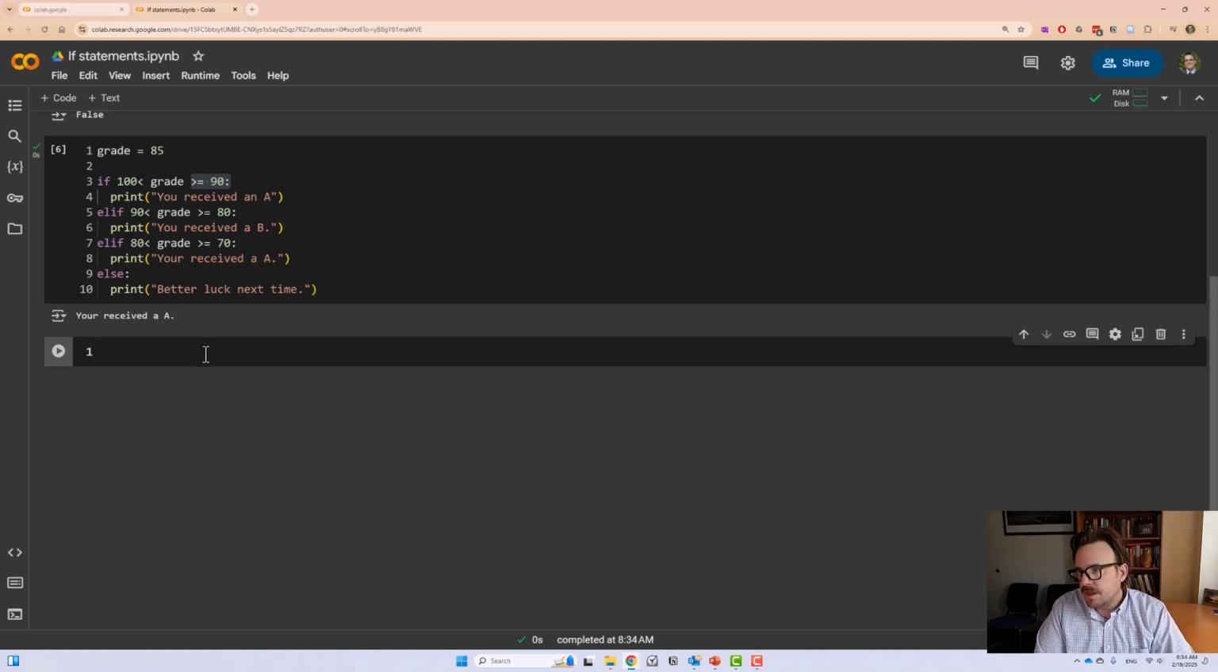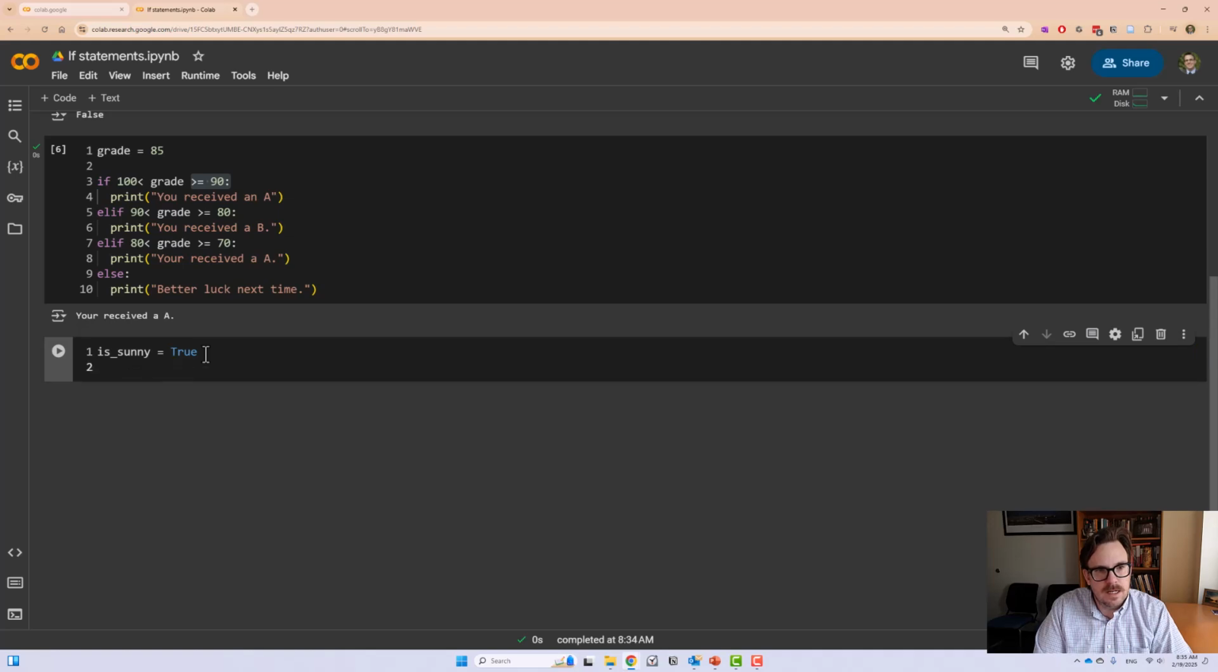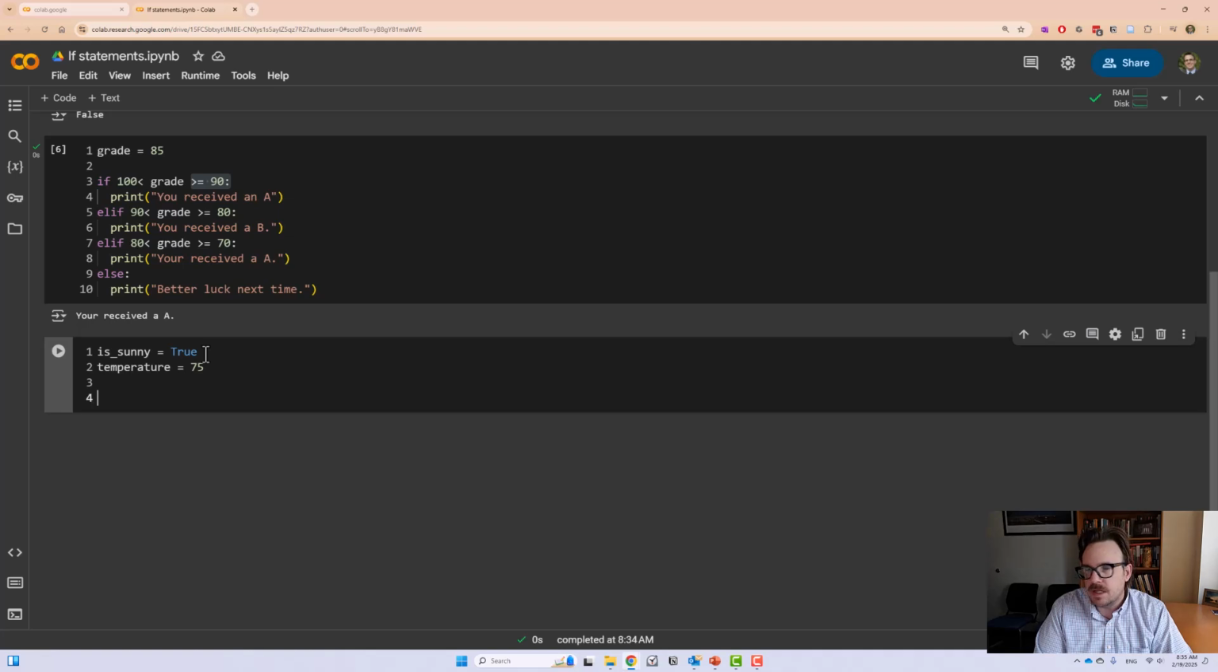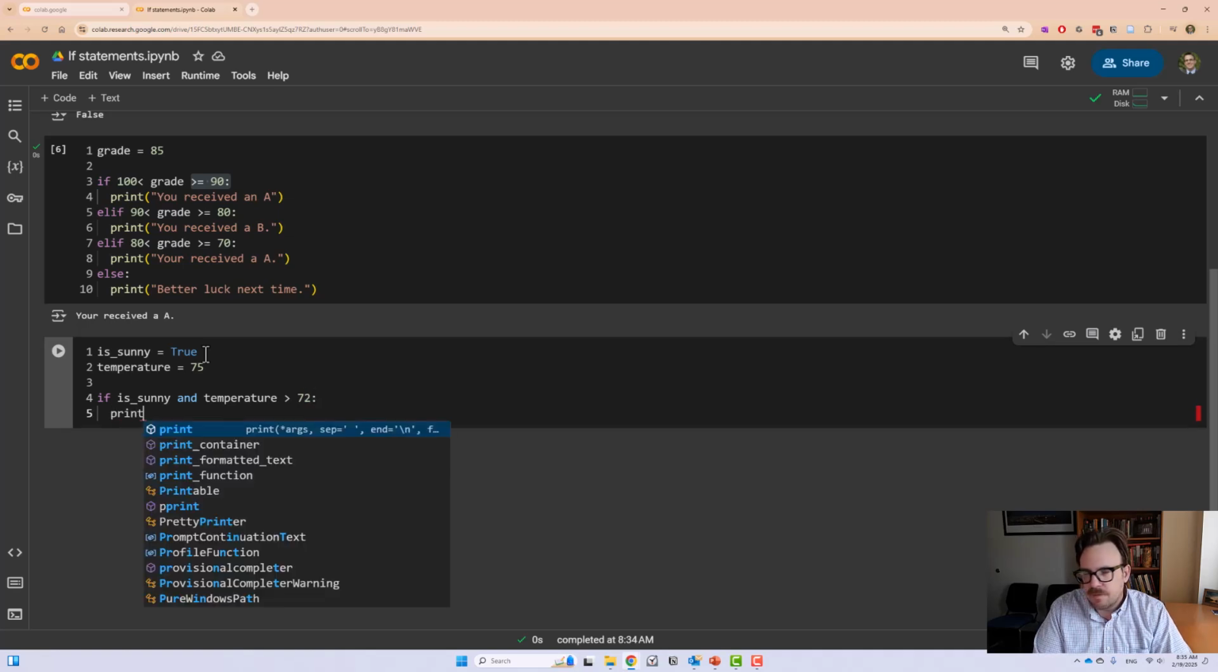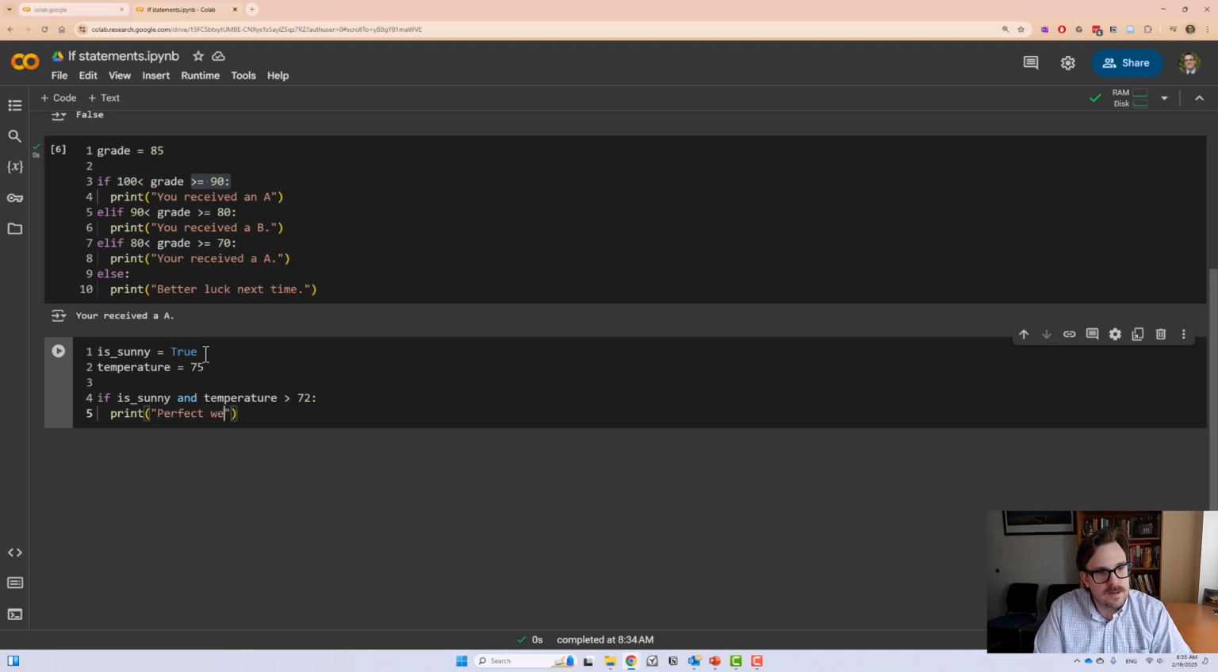We can build in other fun things like multiple variables. So is sunny is equal to true, we'll say temperature is equal to 75. And then let's build an if statement so that if we want to meet multiple conditions for our thing to do that, we can. So we can say if is sunny and temperature is greater than, say, 70. Well, I like it warm at the beach. We'll say 72. Yeah, 73. Yeah, there we go. 72. Print perfect weather,